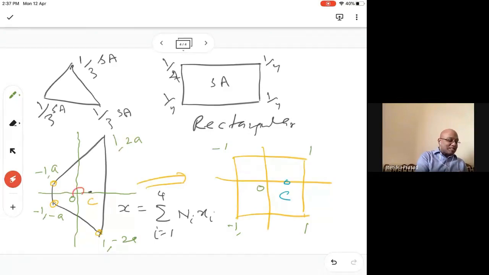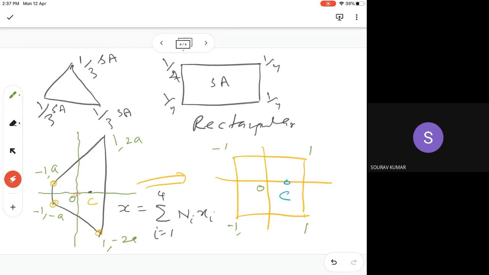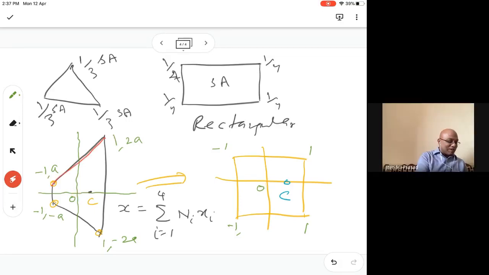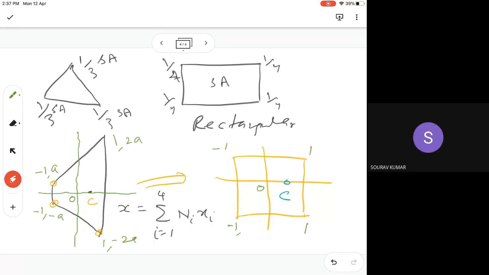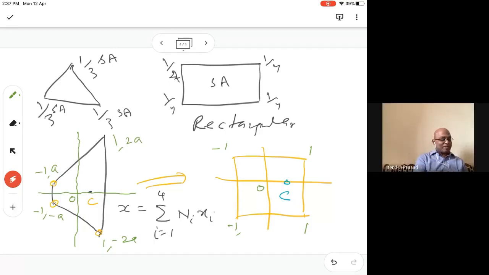So you know that in this coordinate system, the origin will be away from the centroid, just looking at this one. If your geometry is like this, from -1 to 1, you know that the origin will be here, right, in both the cases. And because the shape is like this, the centroid will be away from this. Yes, sir. Got it. So because of that problem, and how it is taken care of, you have to do the integration.